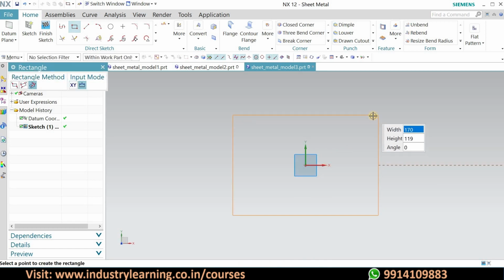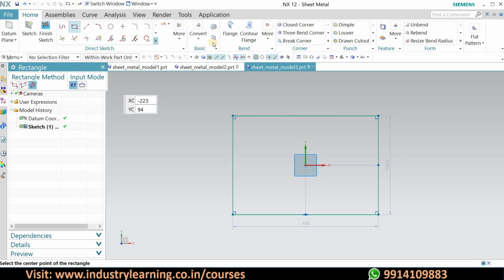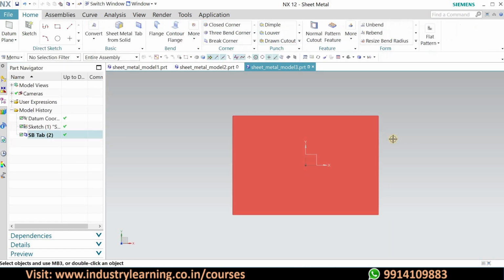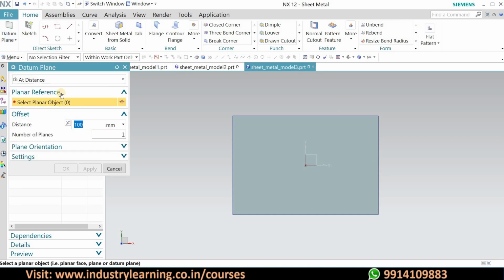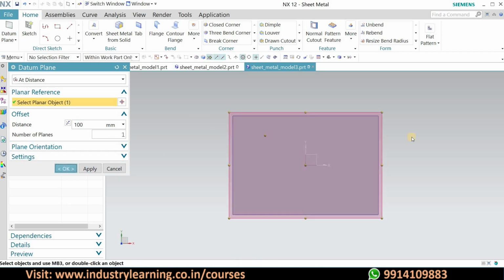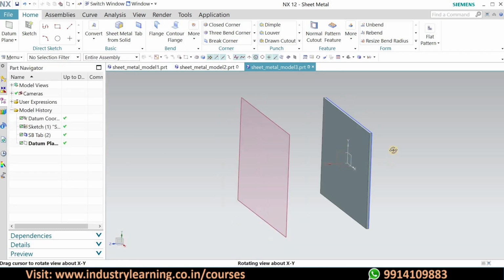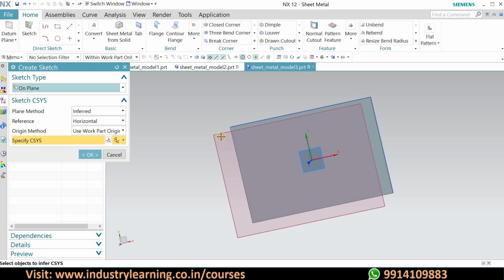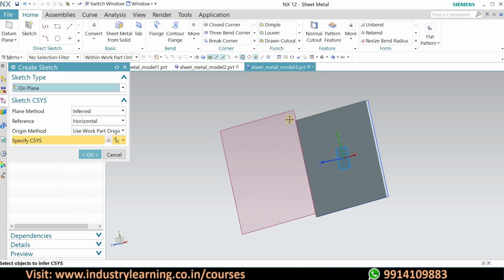one surface. Using the tab command, we will convert this into a tab, and now we will make one datum plane that will be parallel to this plane at some distance. So we can see one parallel plane has been created, and now we'll make another sketch, and that will be created on this parallel plane.